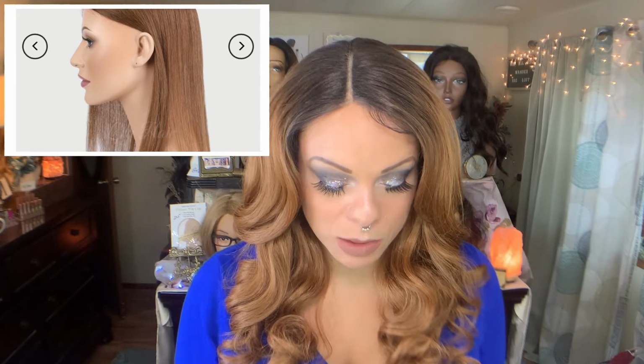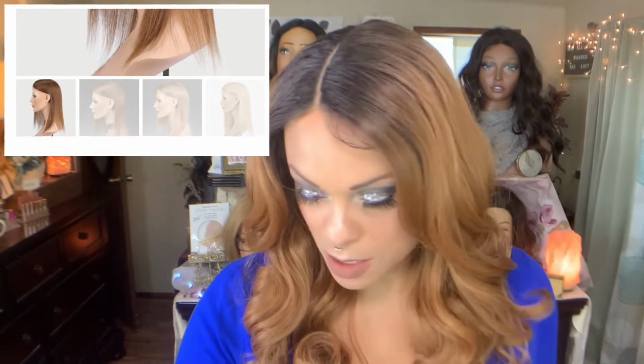I did another wig topper video, and I used my mom as a model, so she will be my model again. I will include all the deets as to where you can purchase, how much, and the color and all that. But I'm going to insert photos of what this looked like because it actually came to me wrapped in this beautiful Christmas paper, which I kept, and this little tag here,